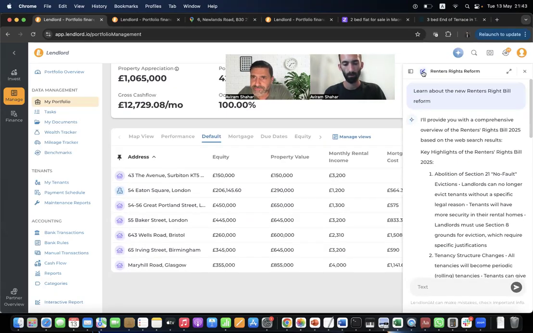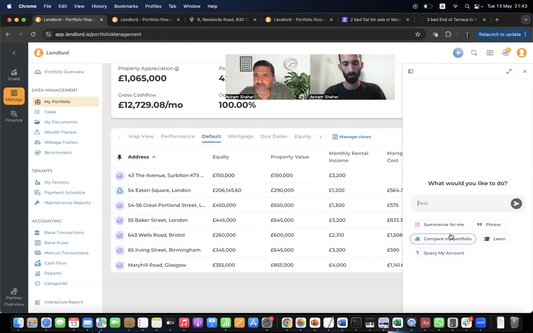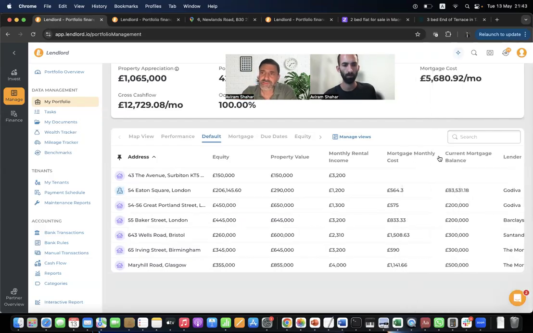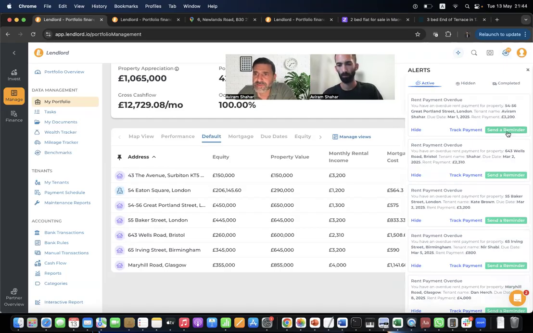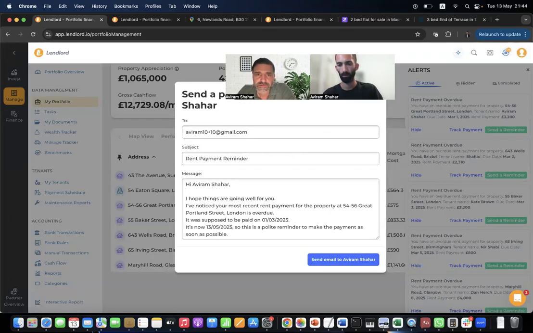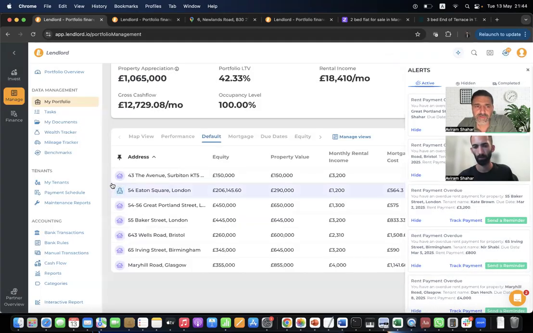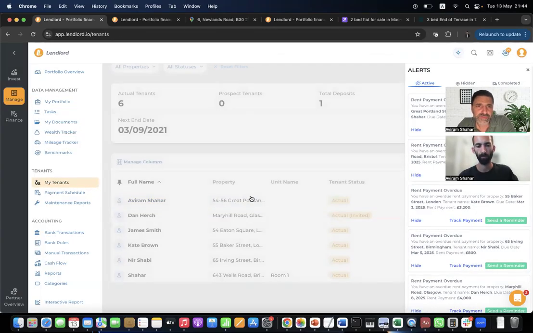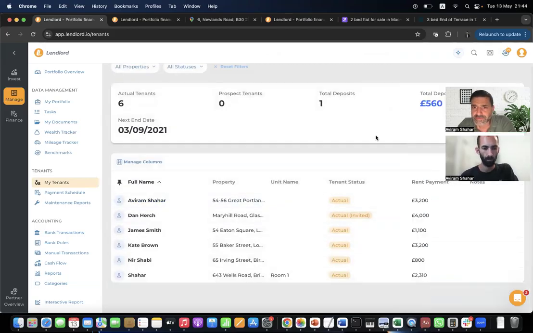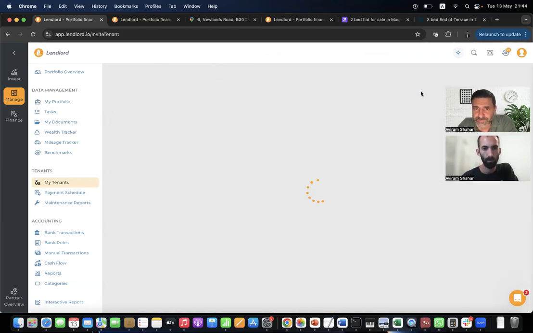So you can also learn things with Lendlord AI, and you can also phrase emails to your tenants based on the data that you have here. So it can be specific, and then you can send it over. Although we do have the feature to send a reminder to your tenant when there is a payment overdue, for instance. On Lendlord, by the way, on the premium plan, you can also invite your tenants to their own dashboard,